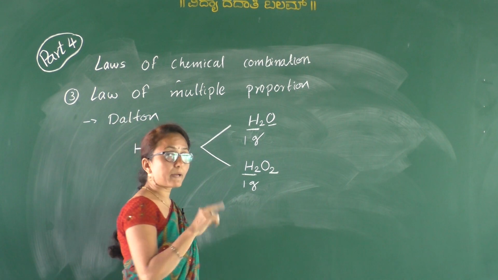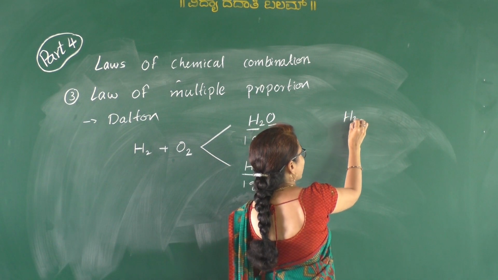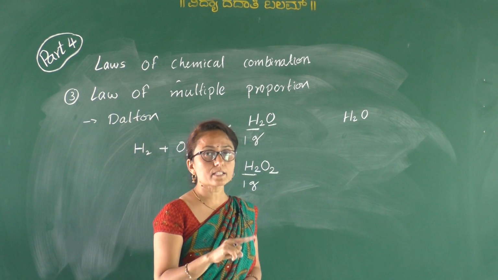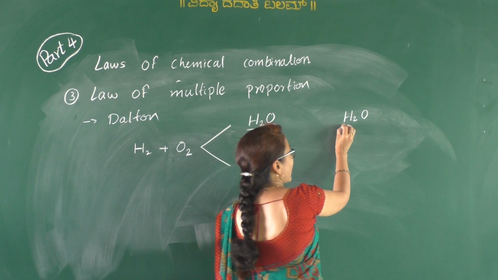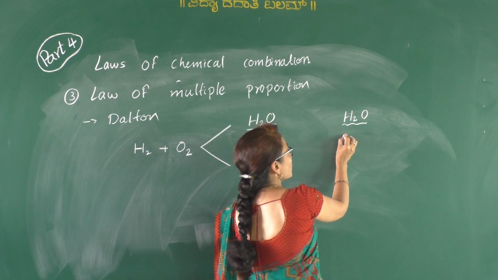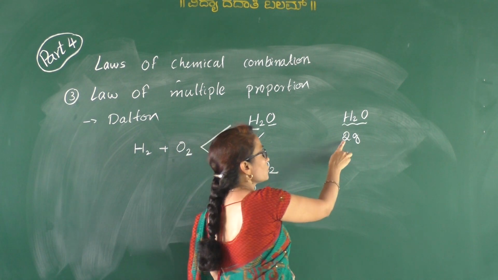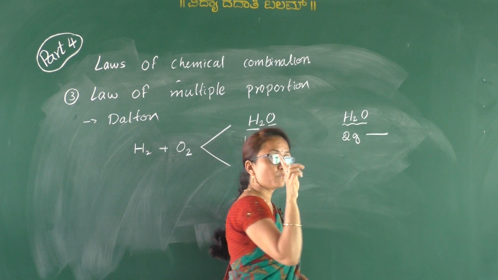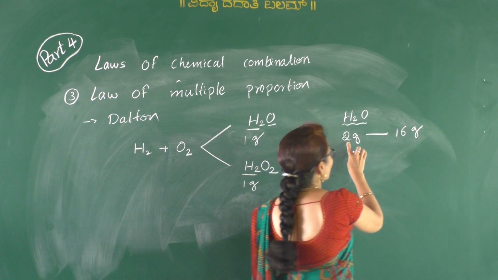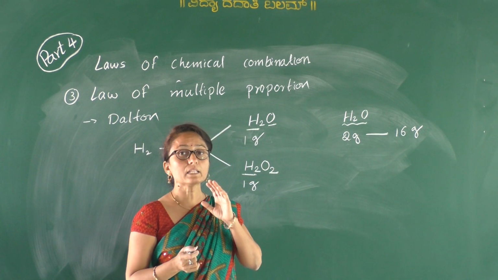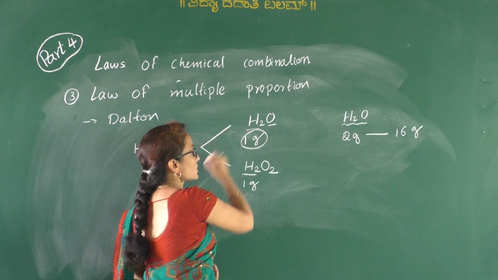Okay. Now calculate by using the definite proportion. So we know that in water, hydrogen and oxygen are always present in the definite ratio according to the second law. So therefore according to this formula, 2 grams of hydrogen, we have 2 hydrogen atoms, 1 hydrogen atom, 1 gram. So 2 grams of hydrogen combines with 1 oxygen atom. So 1 oxygen atom is equal to 16 grams. So 2 grams of hydrogen combined with 16 grams of oxygen.